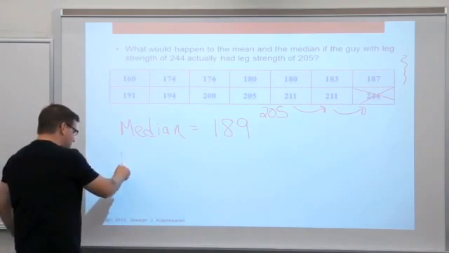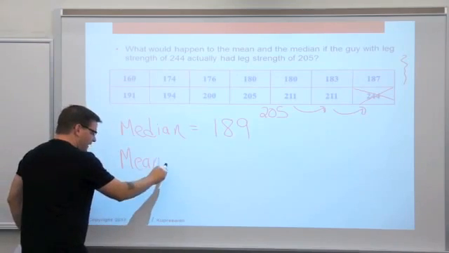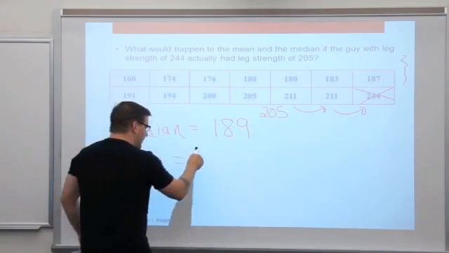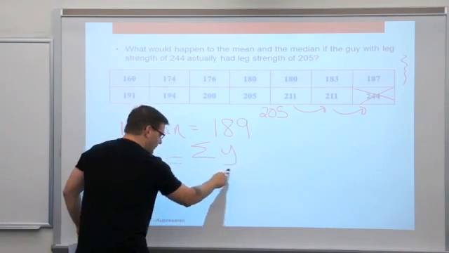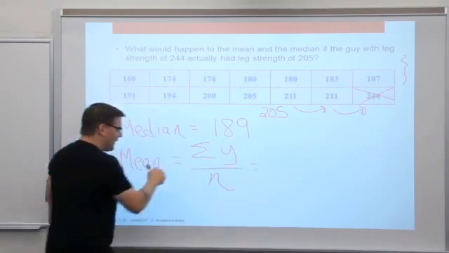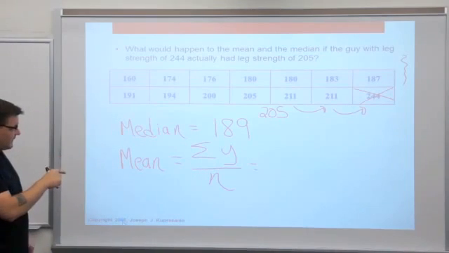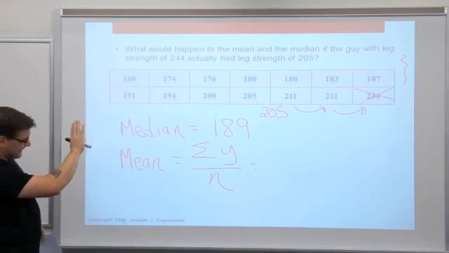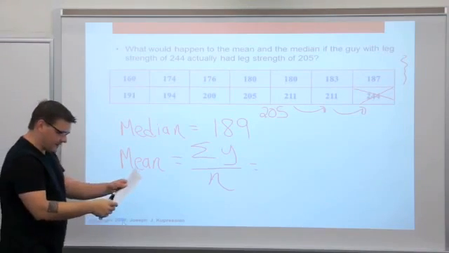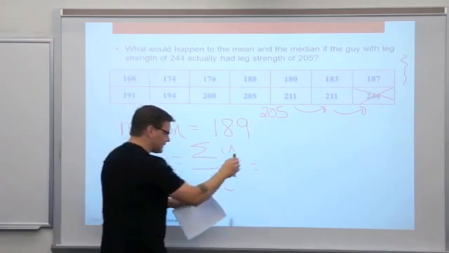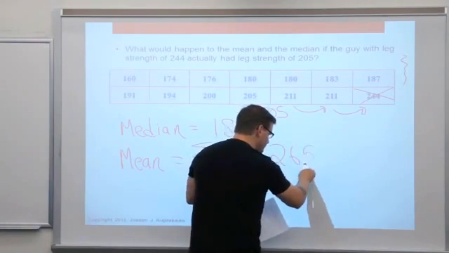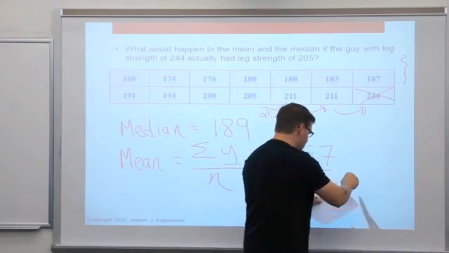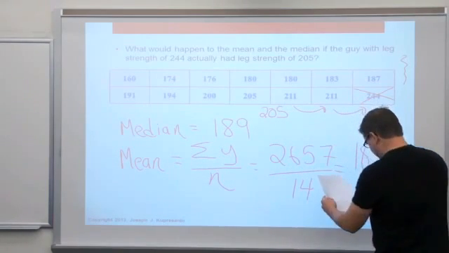The mean will change. Of course, we know the mean takes every data value, adds them up, divides by the total. So the mean, remember the symbols, we'll add up the y's and divide by 14 still. 160 plus plus plus. Get rid of the 244, add the 205 in there. I've got the total here on the sheet. It's now 2657. Still divide by 14. And the mean is now